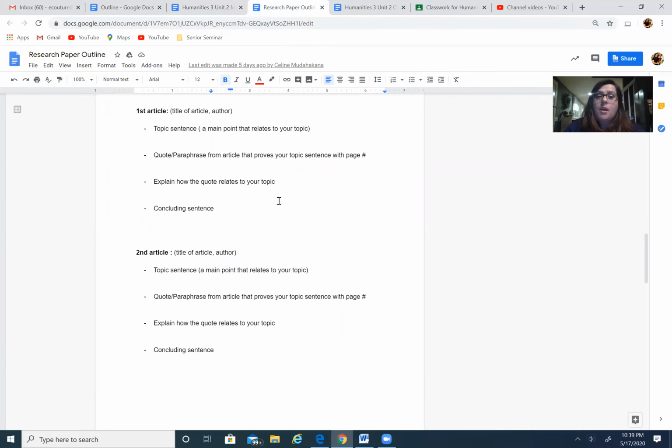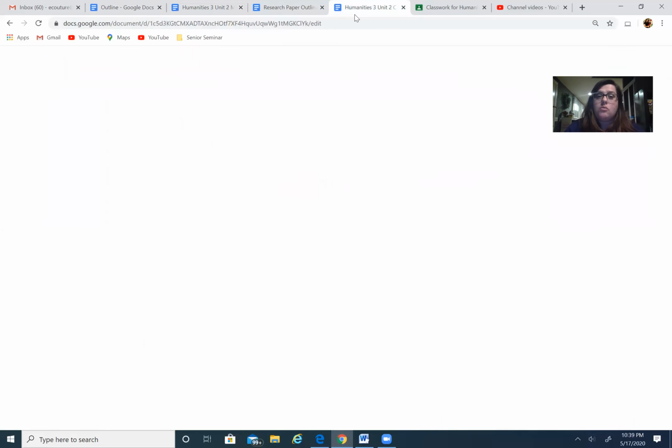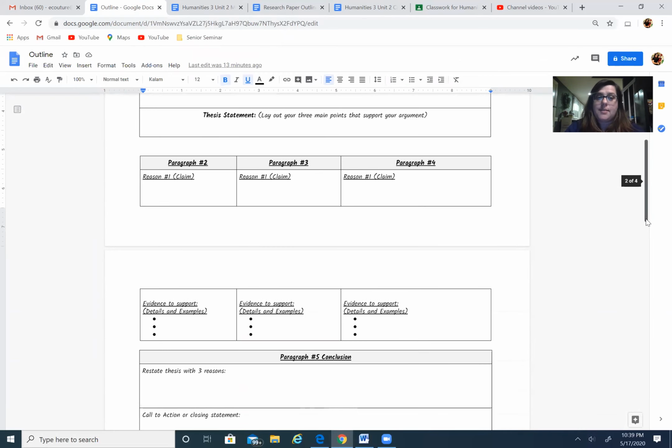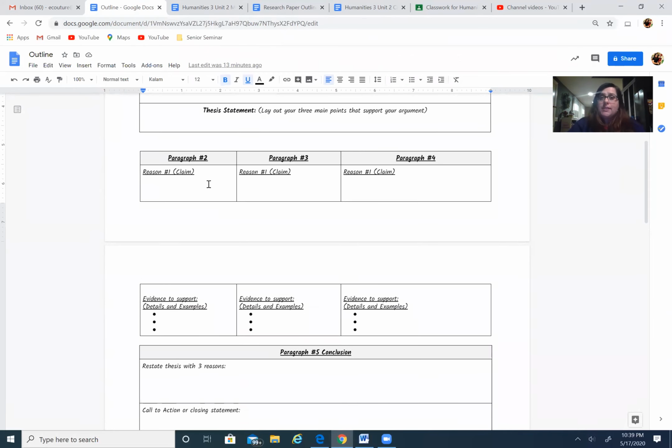Okay, and then of course, as you're going through your work, I did outline this. Again, this is something that you guys have definitely used in class before. Just like your reasoning, right? Your claim of why you're using the source essentially, or what the claim is of the source, and then sort of like the evidence that proves what that claim is, and you can put some of the details there. This is where you paraphrase or use a quote, and then it gives you your conclusion